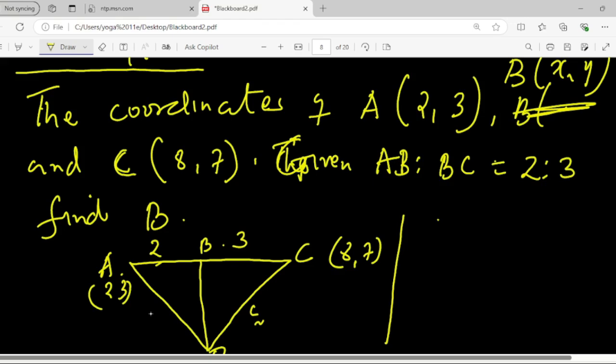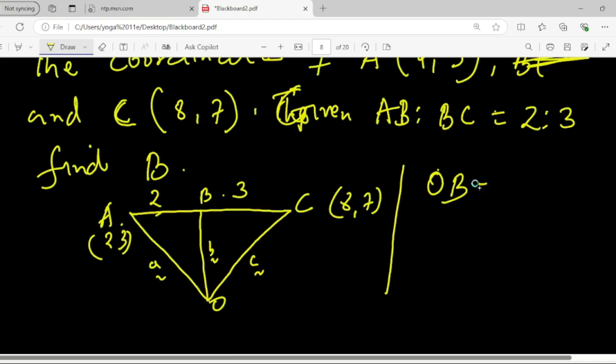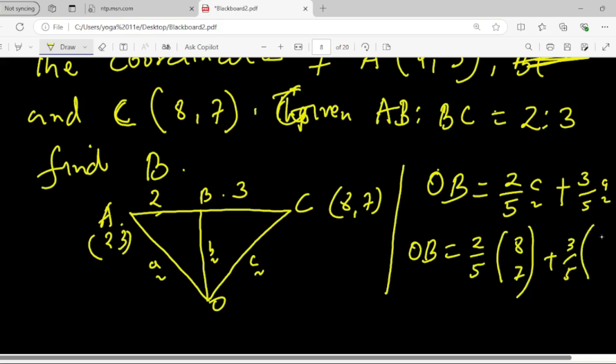OB, using the ratio theorem, will be equal to 2 over the total 5. Remember, I'm starting with 2 over the total 5 of the opposite. The opposite is C, plus 3, the opposite of 3 is A, 3 over the total, which is 5A. But now we have been given the values. OB will be equal to 2 over 5 C, and our C is 8, 7, plus 3 over 5 A, and our A is 2, 3. So meaning the coordinates of B will be equal to 2